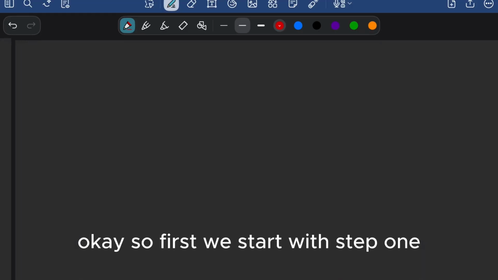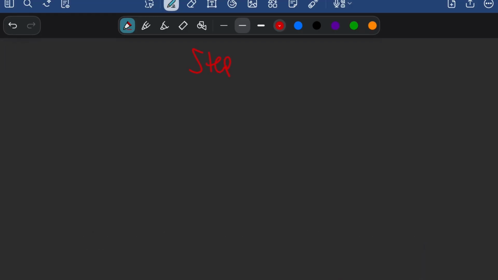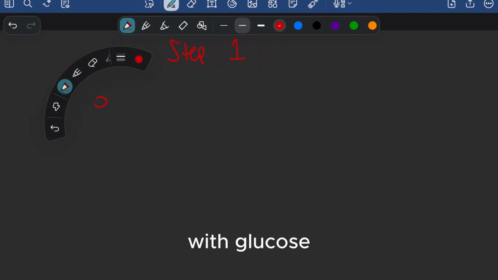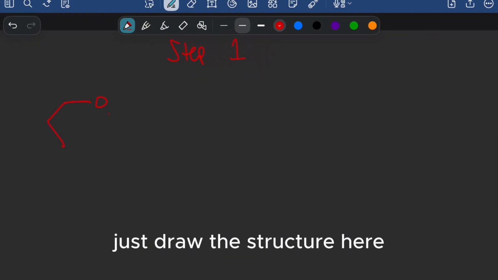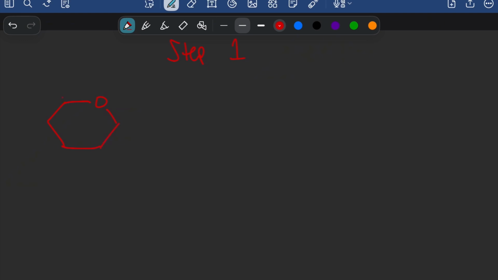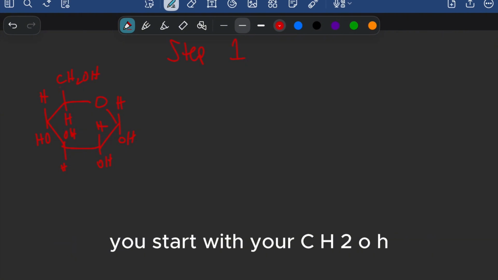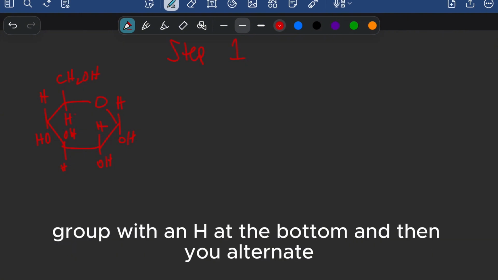Okay, so first we start with step one of glycolysis. So in step one, we start, as I said, with glucose. Let's draw the structure here. Good way to remember this structure is you start with your CH2OH group with an H at the bottom, and